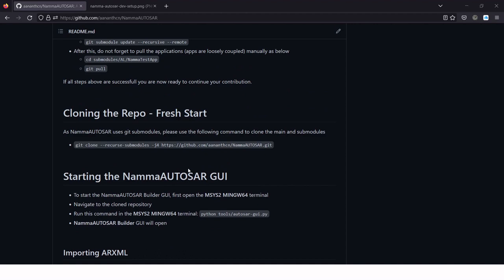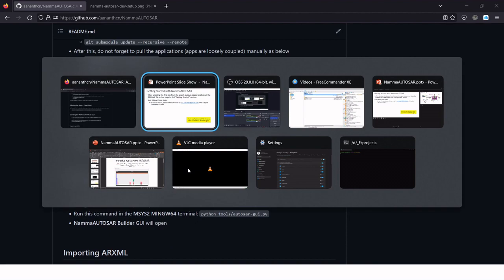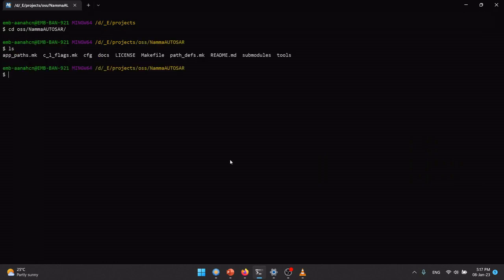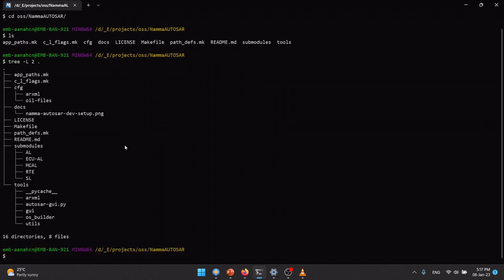I will not be cloning, because the cloning is already done to save time. I will directly go here, the OSS. Okay, so make sure you are in the cloned repository, and here you should see these folders: config, docs, submodules, tools, and